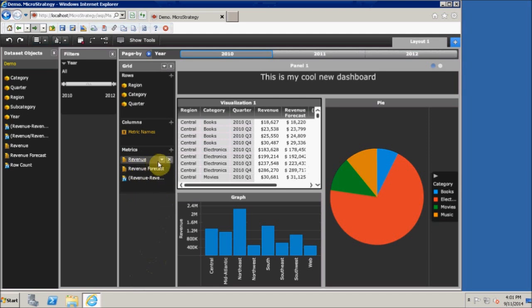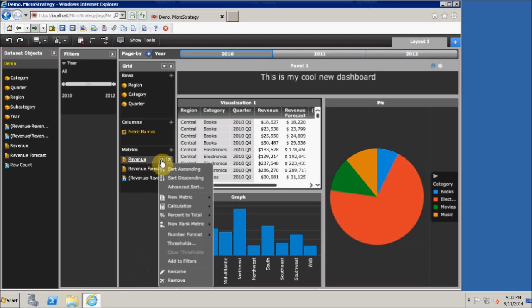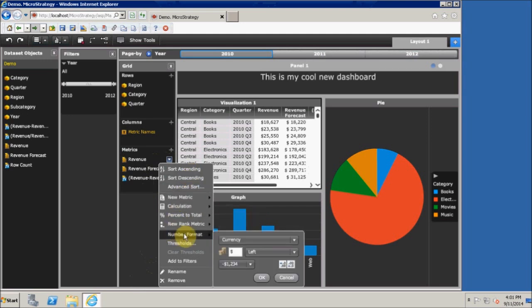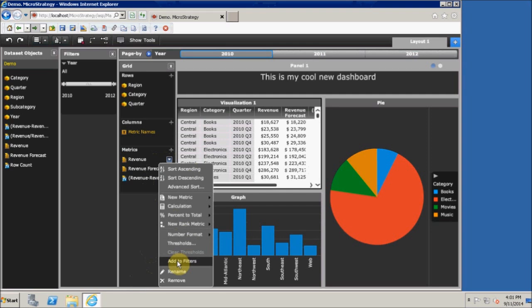Notice here next to the metrics there's this drop down. Click on it, there's a few options besides the calculation, creating new derived metrics. You can sort, you can ascend, descend, or default, or advance. You can format your numbers. There's a lot of formatting. And you can add filters, so this way you're adding a filter just to your metric, so you make it a specialized metric. You can rename it,